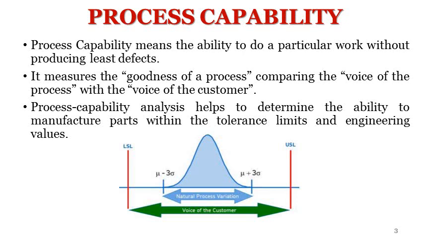Usually, if you are going to produce a part, we give a tolerance for having a defect, maybe in a range. That range we usually call LCL and UCL. We will discuss the lower specification limit and upper specification limit in detail. Usually we need to have products with the fewest defects within this tolerance limit. That is usually called process capability.